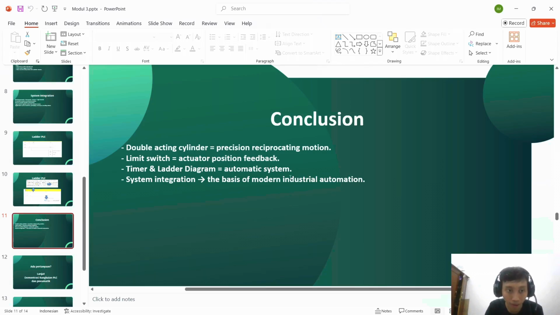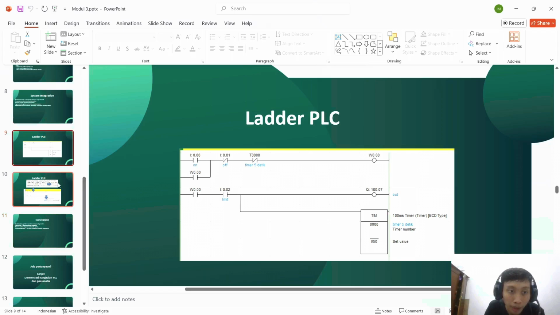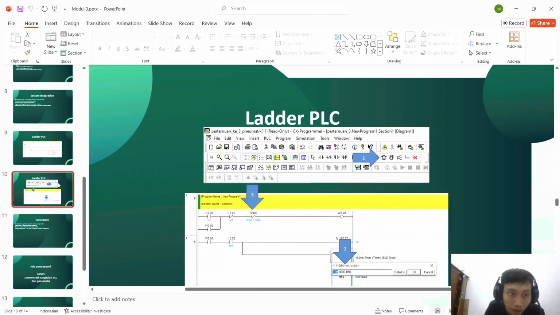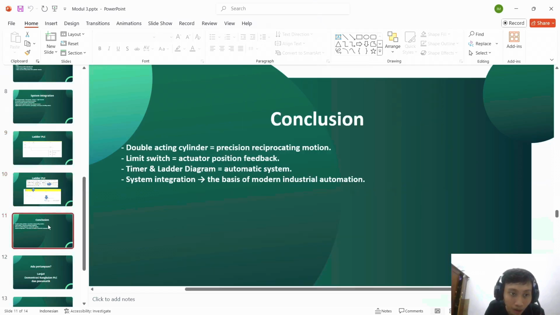From this practicum, we learned how to use a double acting cylinder, how to use a limit switch and a timer, and ladder diagram from the program ladder PLC, and system integration.